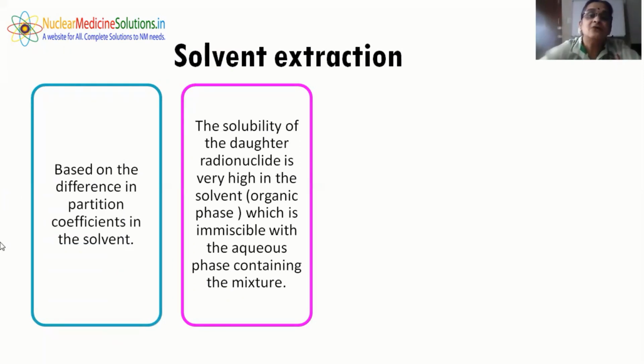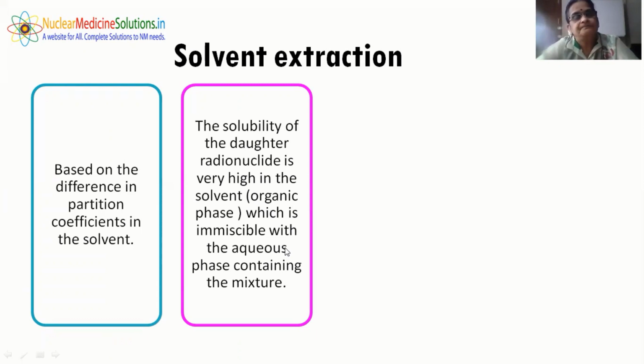The solubility of the daughter radionuclide is very high in the solvent. For the technetium-99m generator, it is the methyl ethyl ketone organic phase, which is immiscible with the aqueous phase, water, containing the mixture. And here it is sodium molybdate in the aqueous phase,